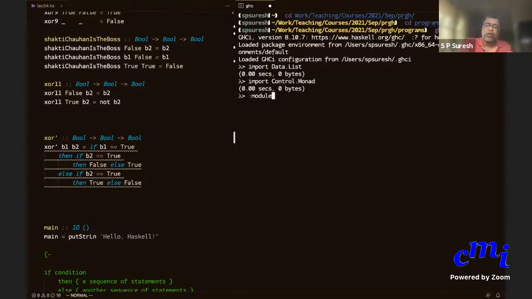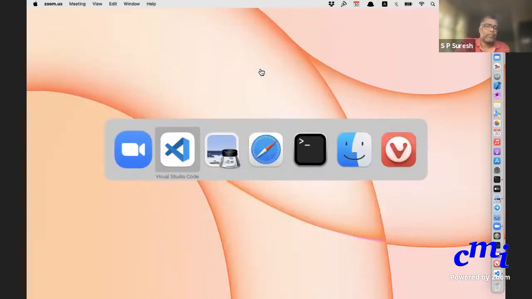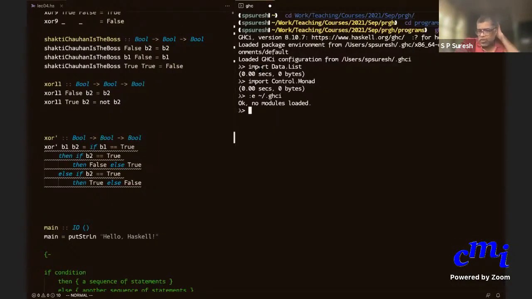Or you can say module plus data dot. That will also load, and then you can use things from data, but there are rules about when you can make something a module, etc. We'll come to that later.